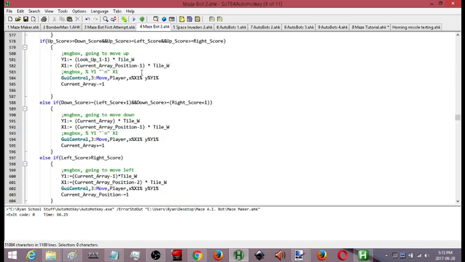Okay, so that is coming up with where I want to draw it. And then I just move the image to that position,